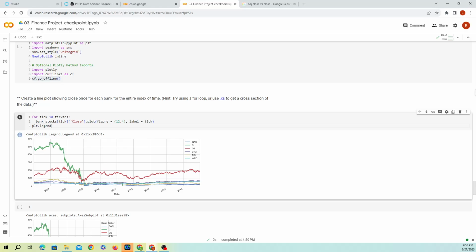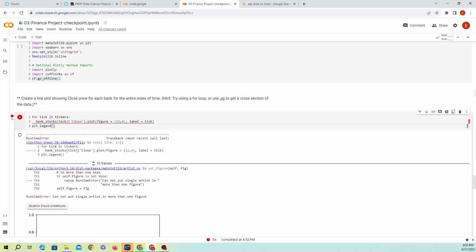And let's see if that works. I forgot to run this right here. All right, and then let's run this. Cannot put single artist in more than one figure. What did I miss in here? Oh, it's figsize.